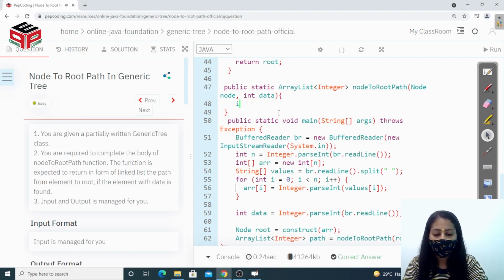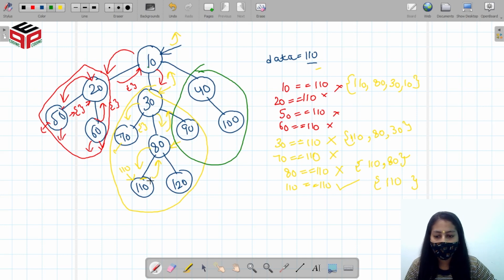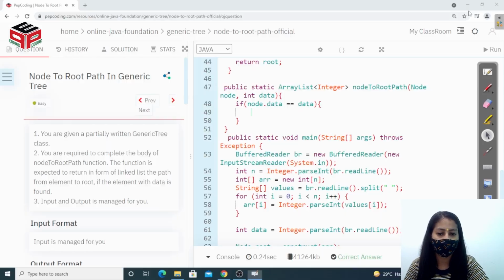Firstly, the node will compare itself with the given value. If node.data equals data, what will it do? When the node finds its data equal to the given data, it will create a new array list, add itself to that array list, and return the array list as the answer, right?